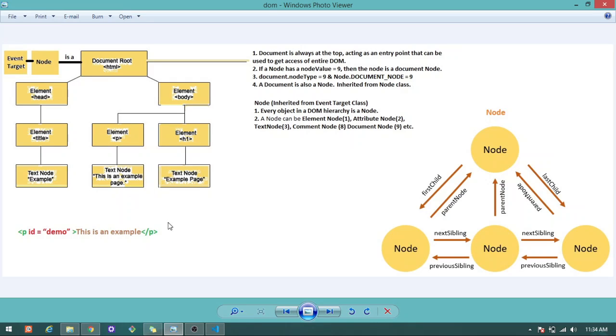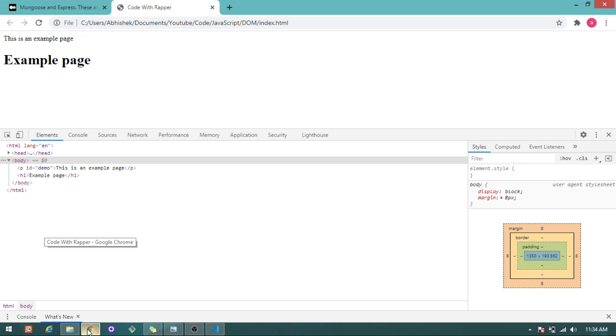After doing these things, JavaScript provides the node type.